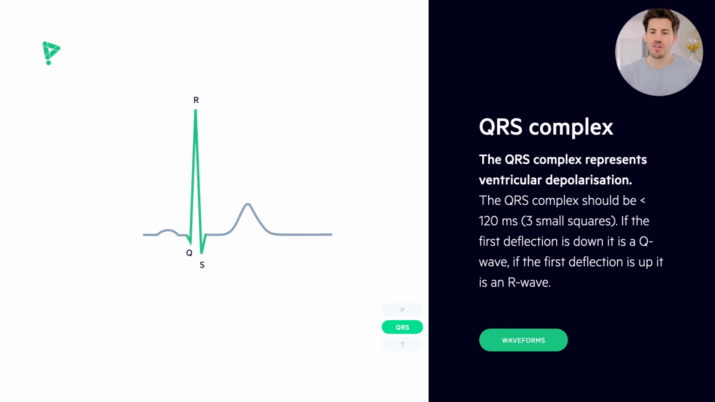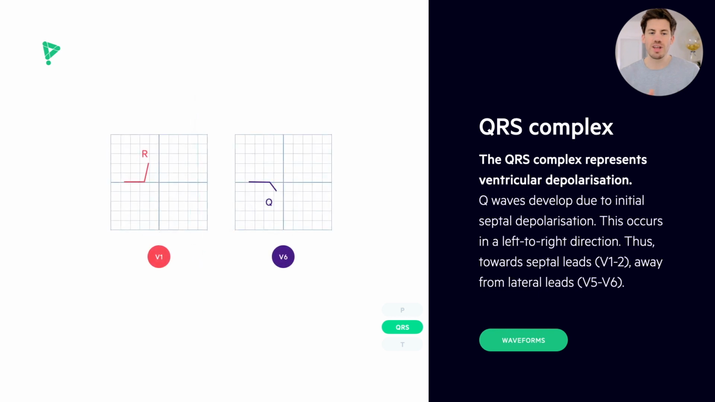If the first deflection is down, negative below the isoelectric line, then we say there's a Q wave. If the first deflection is up, there's no initial negative deflection, then it's just an R wave. So the standard QRS complex, we go down first for a Q wave, up to our R wave, and then down to the S wave. If it goes initially straight up and then down, that is just an RS wave, and we don't have a Q wave. Some leads will just have an R and an S wave and won't have a Q wave. And the reason why that is